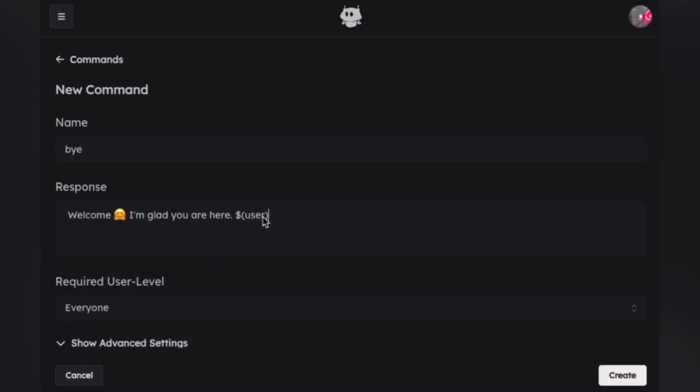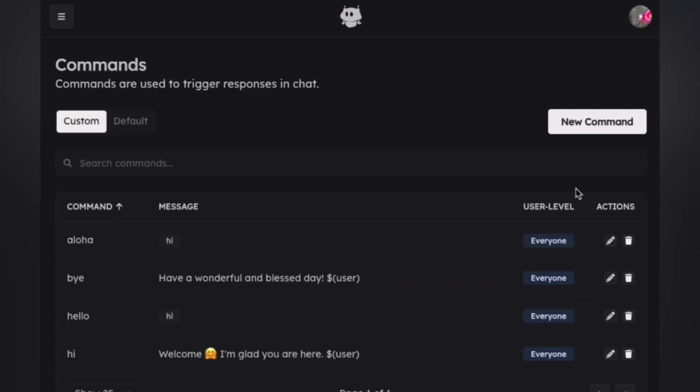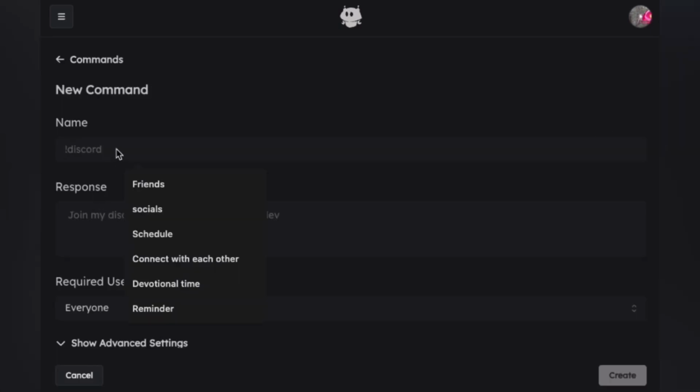I'm going to leave the username because this is kind of like the same command, except I'm not welcoming them, right? I'm not welcoming them at this point. I am saying goodbye. So I am going to say, what do I want? You can pick whatever you want to say goodbye to. I think I'm going to put, but you can make this right here whatever you want it to be, as long as you have this right here, and that's going to give it the name, right? Okay, so let me try this again. So new command, I'm going to put adios, which is goodbye in Spanish,